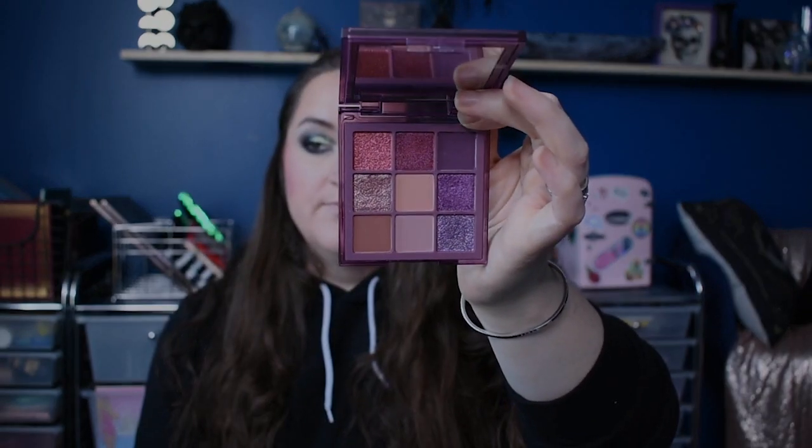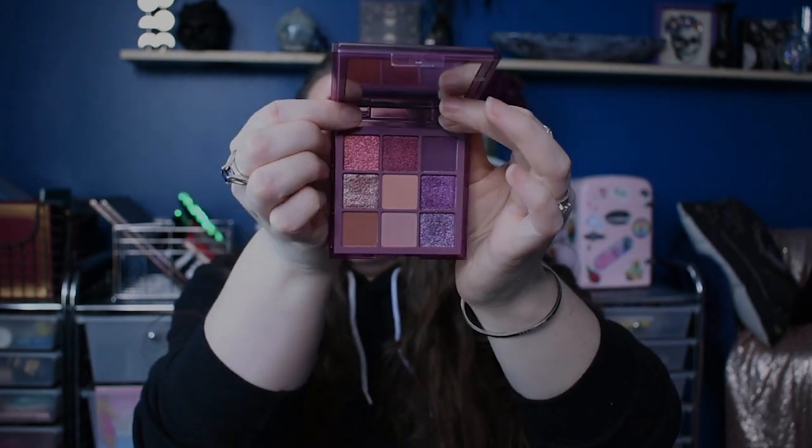So coming in at number 9 is the Huda Purple Haze palette. I picked this up during their Black Friday sale, and I wanted to try this one, and I wanted to try the Khaki Haze palette. I'll show you this one close up as well. So I was most excited about this, like,